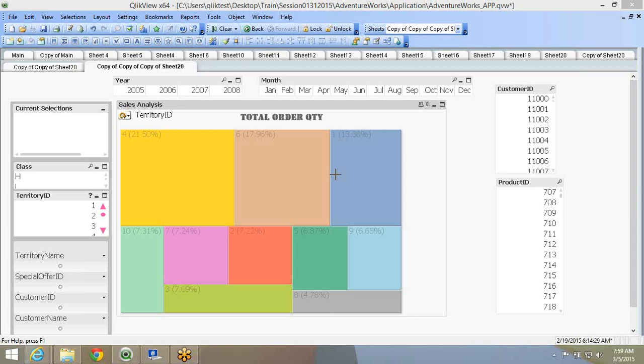So in expression, there is nothing much to format. Only in style, you can have this box or you can have just plain squares. So this 4 which is written in gray, that is the caption. If you use this kind of format, you'll just have the borders, or if you have that, you'll have the heading come with borders. Under presentation, there are a couple of changes you can make. You can set visible levels, so it is asking you how many levels to show. Now I'm showing 2 levels, first territory ID, then ship method ID. So I can add another level, so that will be a maximum of 3 levels. I can also show dimension values.